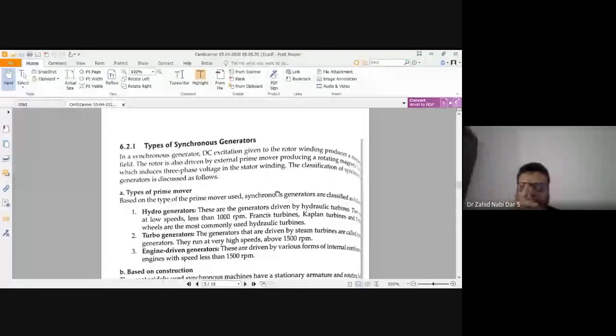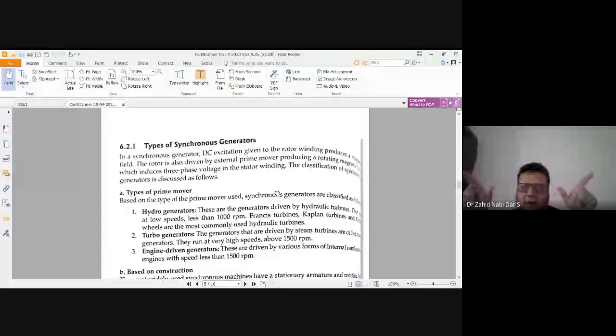So how do you identify them? See, if there is a tall guy, the circumference of his waist is less, so he can run fast. So remember, in a turbo generator the length of the generator is more, and the number of poles is less. In a turbo generator, the number of poles is less. How will I tell you?